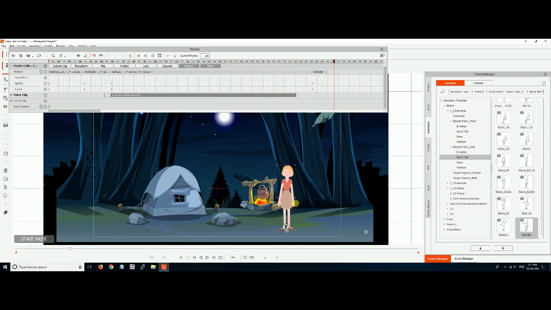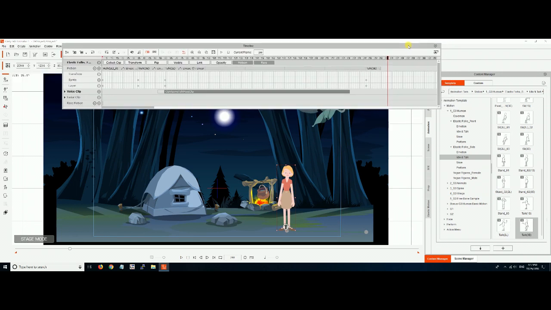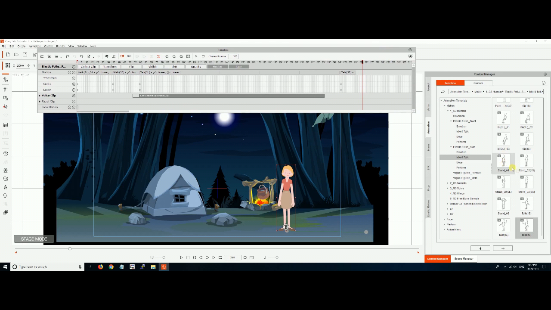Okay, so we've got our character coming on, talking, and now, I don't know, let's do something. What do you think? Let's have her fly away, okay? So I noticed over here in the motion they've got some fly, Superman. Superman start, Superman flying, Superman land. Let's just have her start at the end of her speech. She's going to fly away.